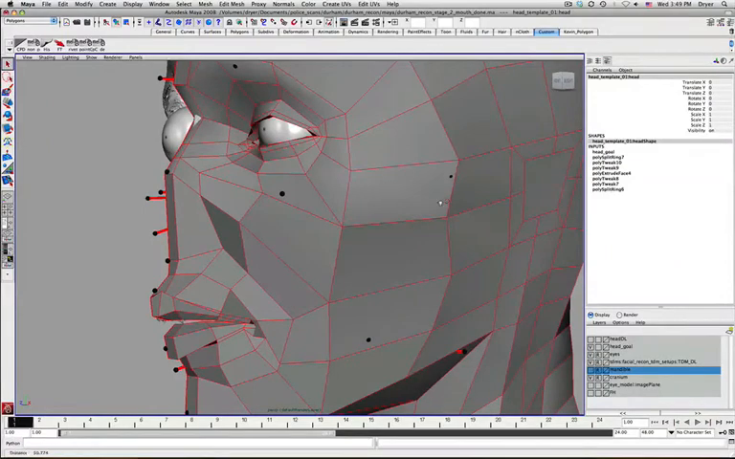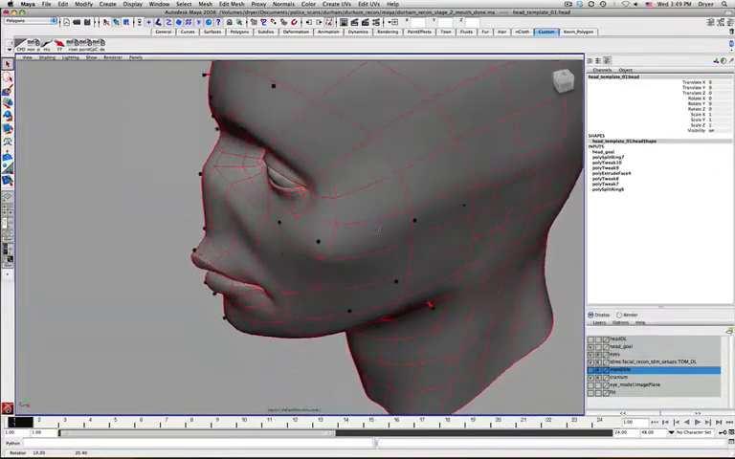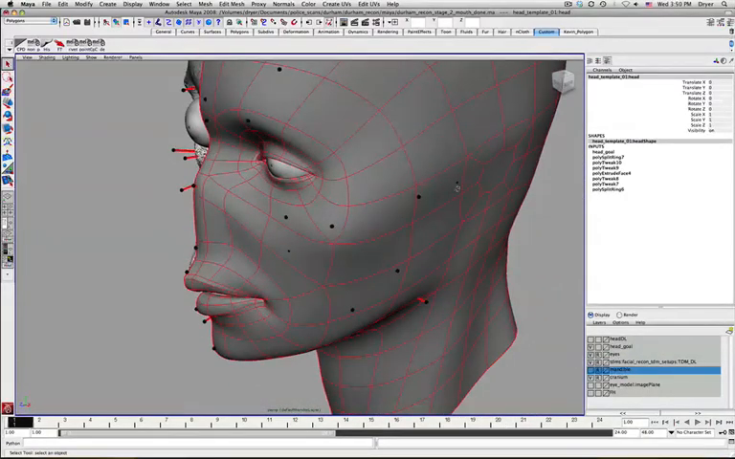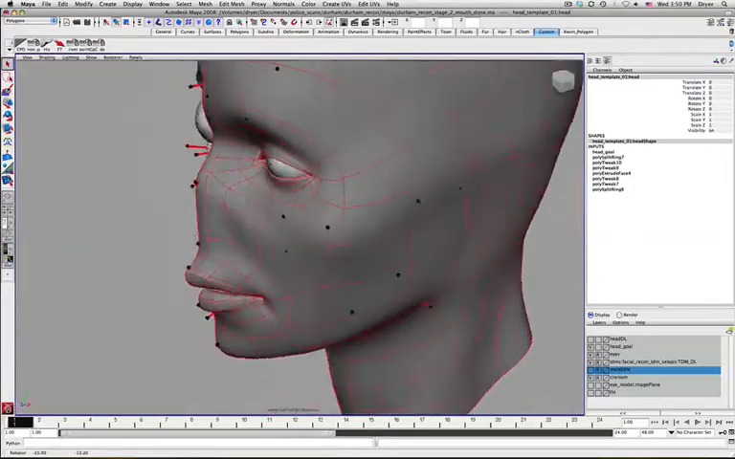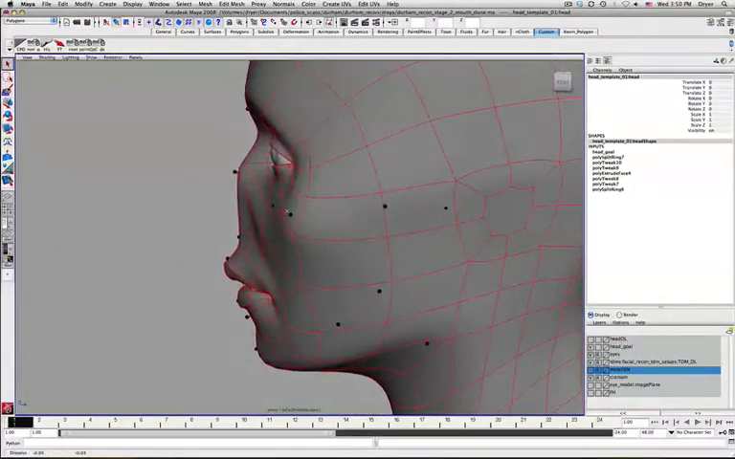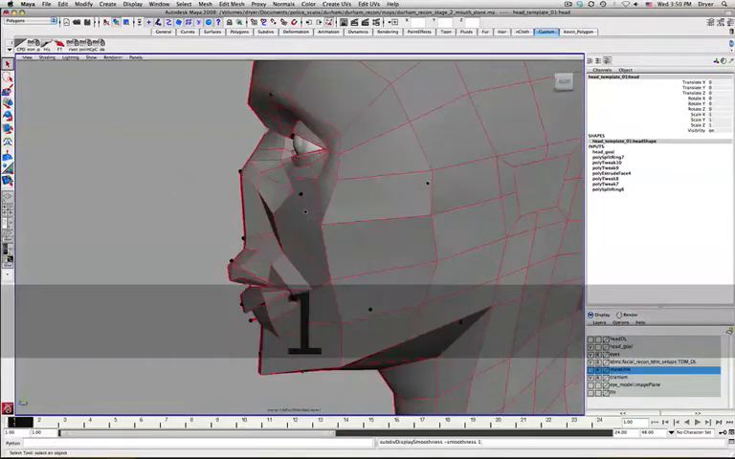I have gone through and I've moved some of my points around to sort of match my tissue depth markers a little bit. Not perfectly, you can see some are poking out too much, some are poking out too little, but I'll continue to tweak them as I go, and as I add more resolution, it'll be easier to accommodate them. But what we want to do now is